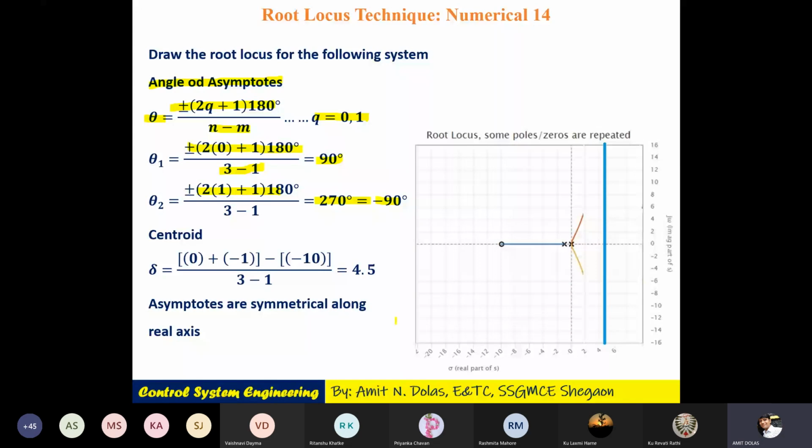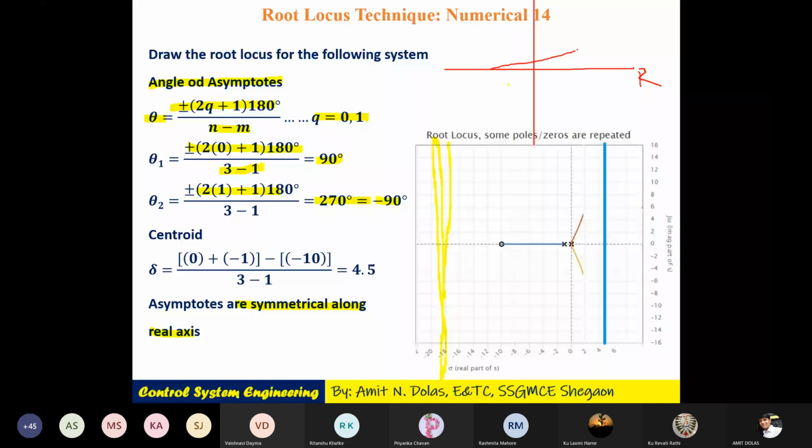So looking at this, 90 and minus 90 degree is nothing but only one line, a straight vertical line. पहले इसमें 3 डायरेक्शन में 3 दिख रहे थे, but it is a vertical line. And it is symmetric to the real axis. ये हमेशा ही रहता है, ऐसा कभी नहीं होगा. It will not happen like this. You have this real axis, this is the imaginary axis, and your asymptotes are like this. ये angle ऐसा आया है. Sorry, not able to operate this pointer properly.